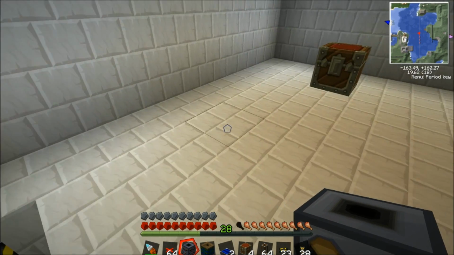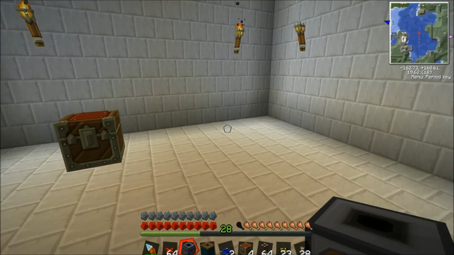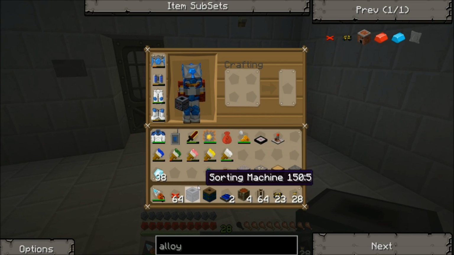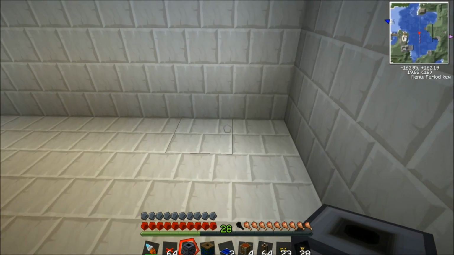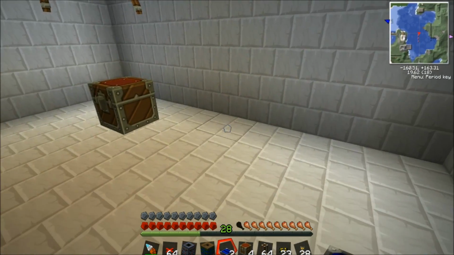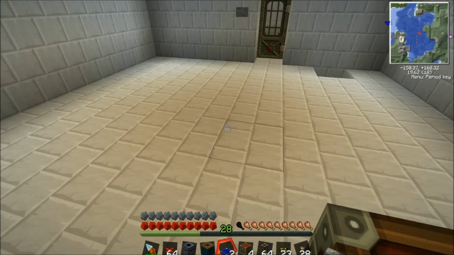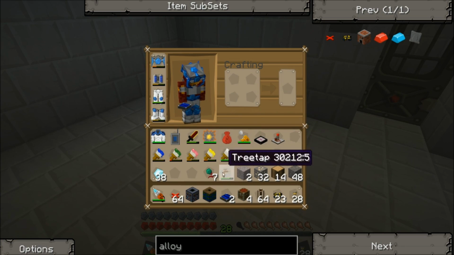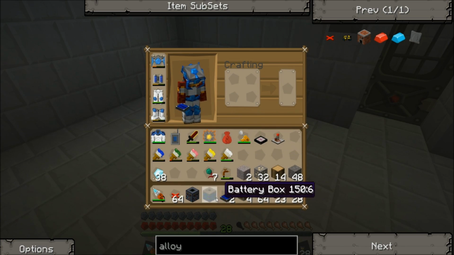All right, folks. First thing first. You do need a power system to power the sorting machine right here. This sorting machine is the heart of the operation, and you do need some power to power it, obviously. Now, Red Power 2, which is the mod that the pneumatic tubes come from, uses different power than Industrial Craft and Buildcraft. So you will need a set of solar panels, I find is the most efficient thing, and a